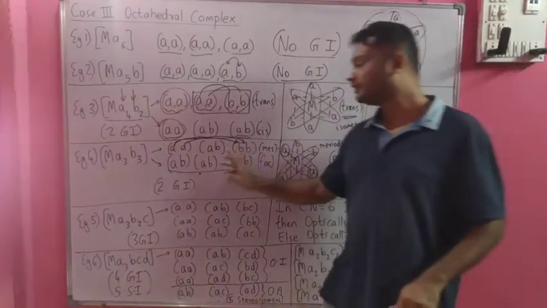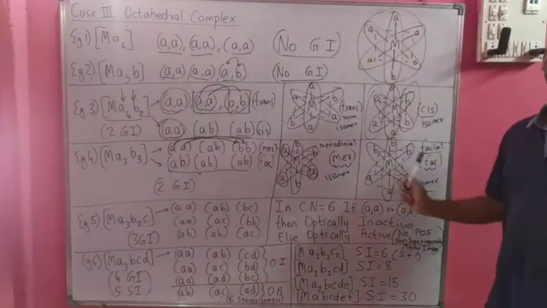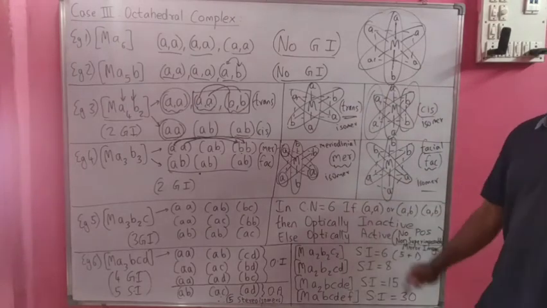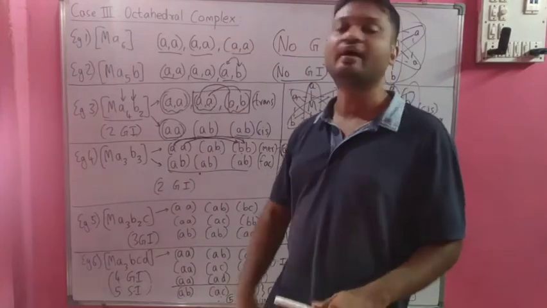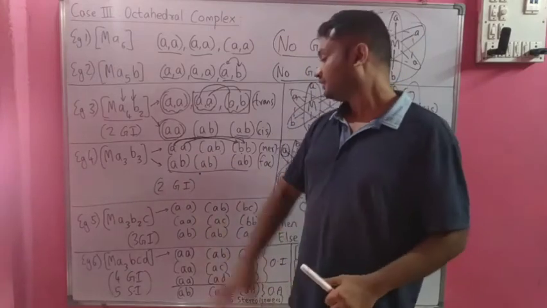So in this case, how many geometrical isomers do we have? FAC geometrical isomer, MER geometrical isomer. So two geometrical isomers. Two sets, so we have two geometrical isomers. Then let us see